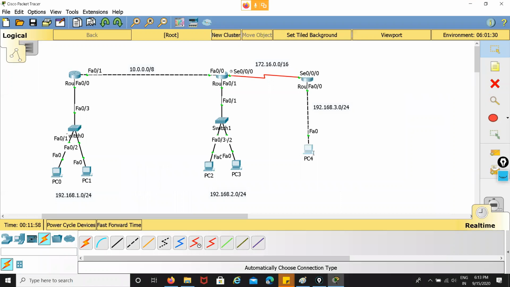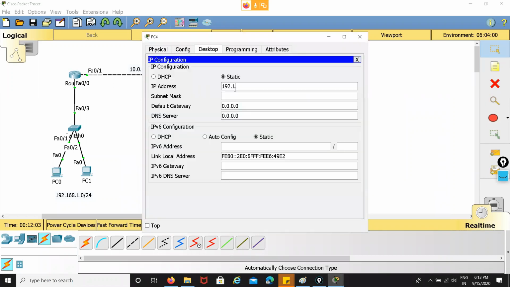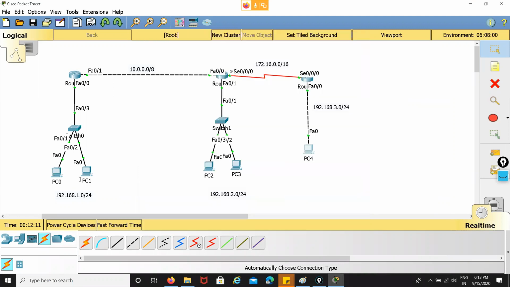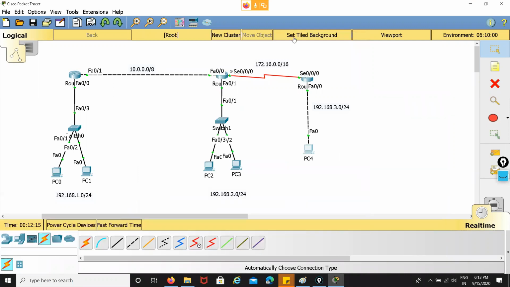So I simply use this particular system as a Google system. If I am able to ping that system through this LAN network, then I have got it. Actually, I consider this particular router as the ISP, the internet service provider, by which I can get internet connectivity over my LAN.